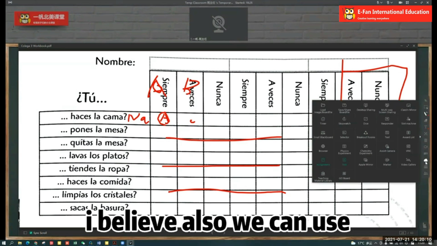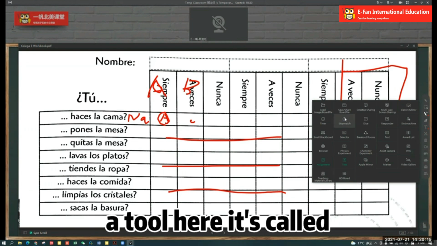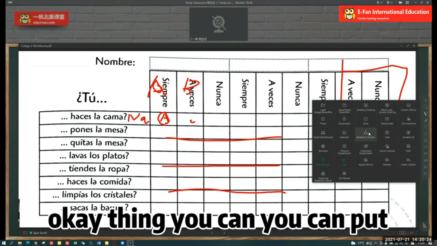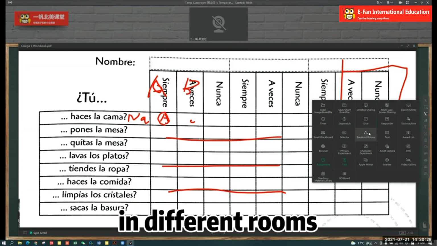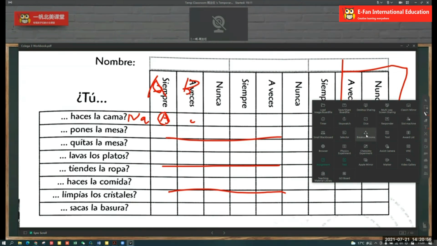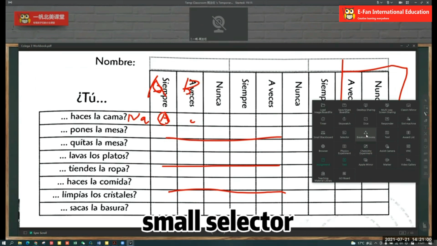I believe also we can use a tool here. It's called breakout rooms or something. You can put different students in different rooms, and also another way is the responder. Other than that, a word text, small